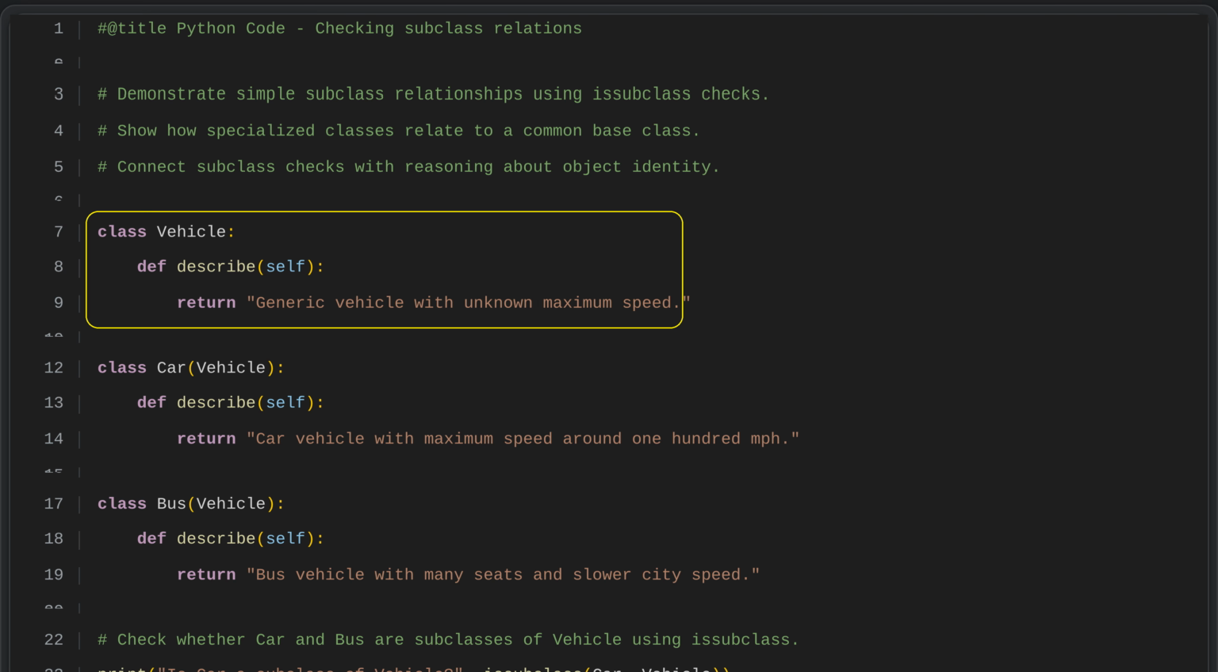We define a class called vehicle that acts as a general blueprint for creating vehicle objects. Inside this class, there is a describe method that returns a simple description of the vehicle as a generic type with an unknown maximum speed. This basic design lets us later create more specific kinds of vehicles that inherit from the vehicle class while providing